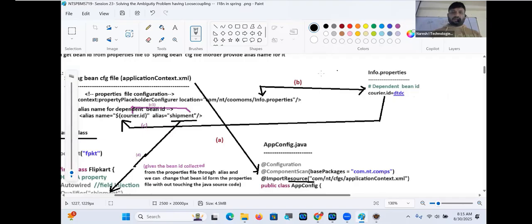See, from the property file through injection, we got the dependent bean ID or not? Okay, that is